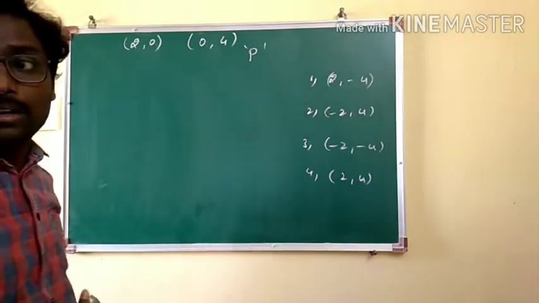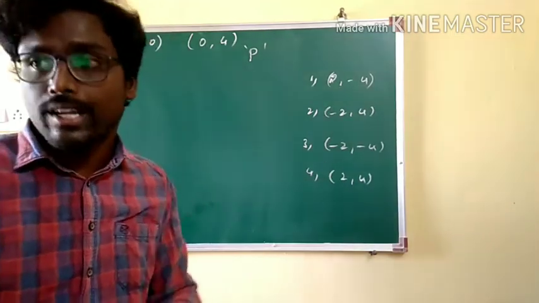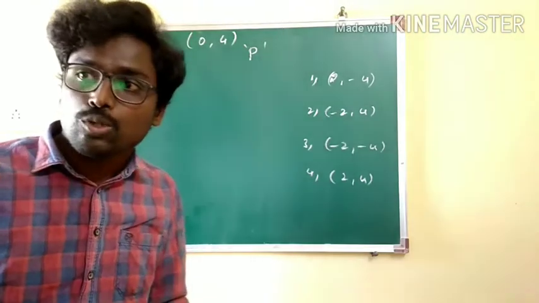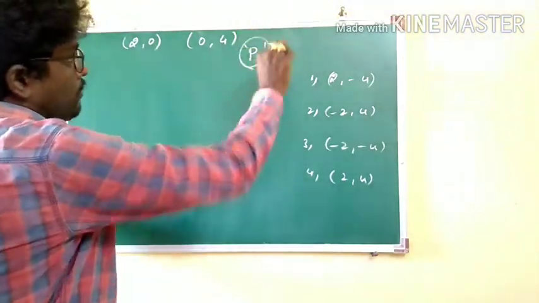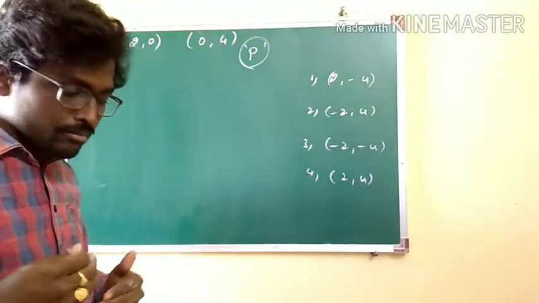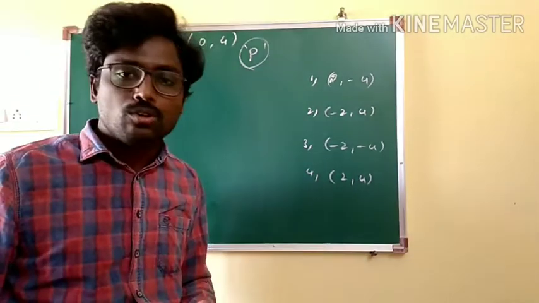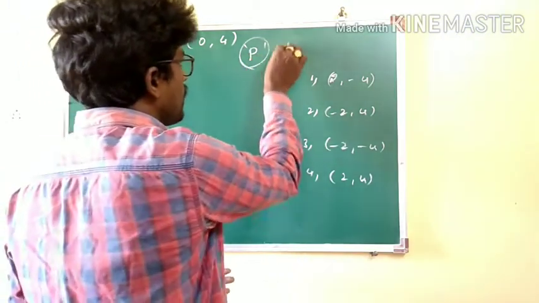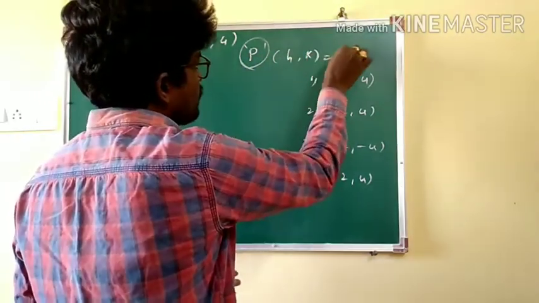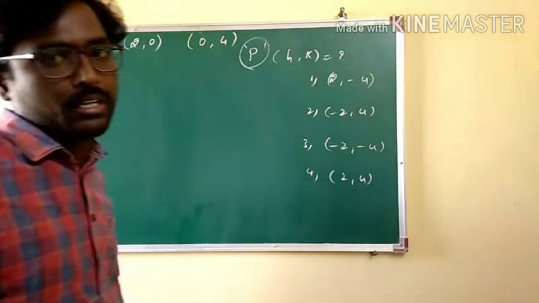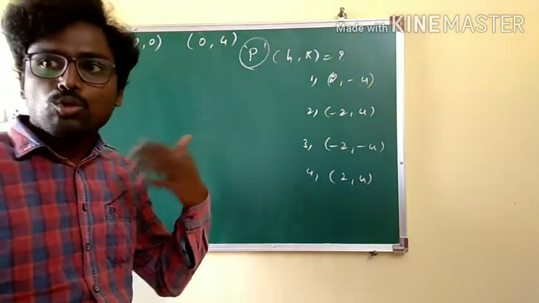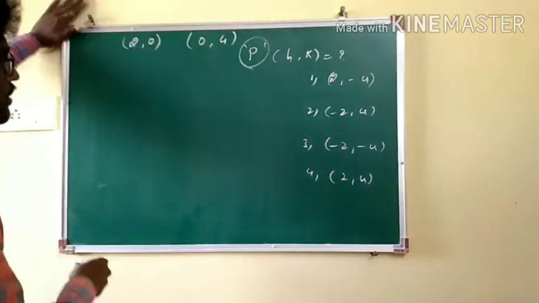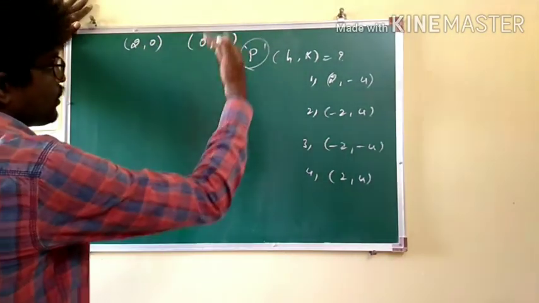So read the question properly so that we understand what the given coordinates reflect. When the origin is shifted to a point P, unknown, when (0, 0) is shifted to some point P, very clearly our subject is to calculate (h, k). The point (2, 0) is transformed to (0, 4), when (0, 0) is shifted to some (h, k).